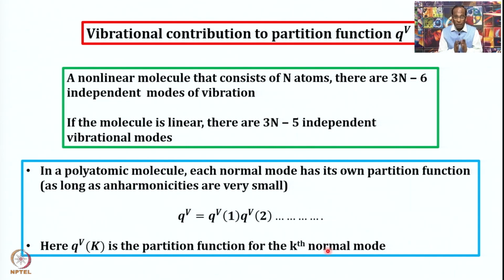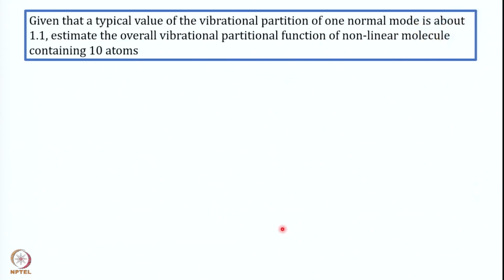However, when you are dealing with the vibrational contributions, you have to know how many normal modes of vibration are there and determine the partition function due to each normal mode of vibration and then multiply all of them. I hope it is clear. Keeping that in mind,